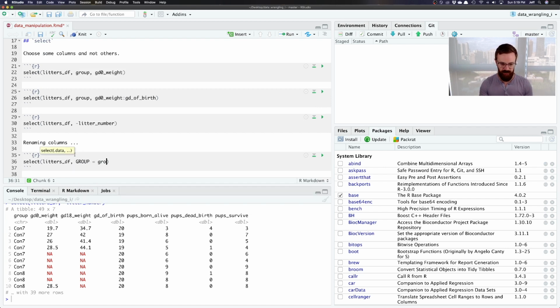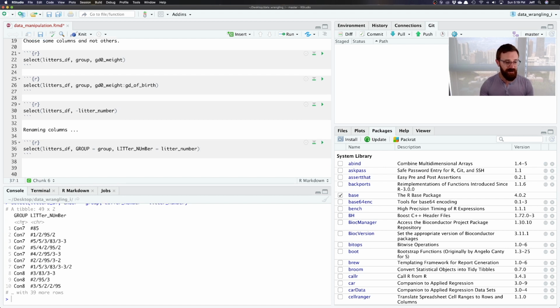I'm going to say that GROUP is equal to group, and LITTER_NUMBER is equal to litter number. Again, this is just changing the case structure, going from snake case to who even knows. But what I can do here is rename, and as part of this selecting process,